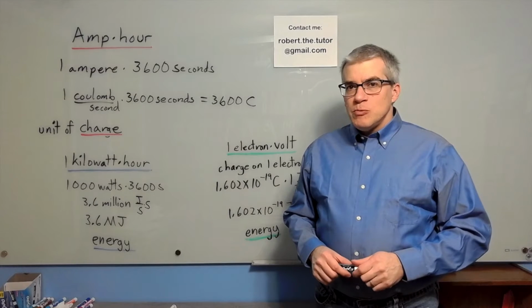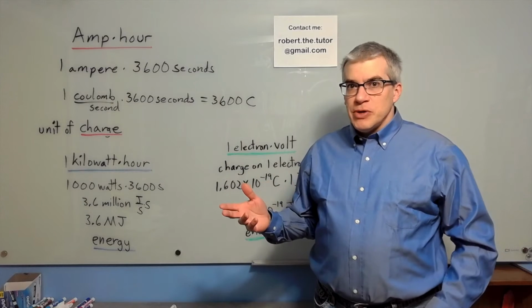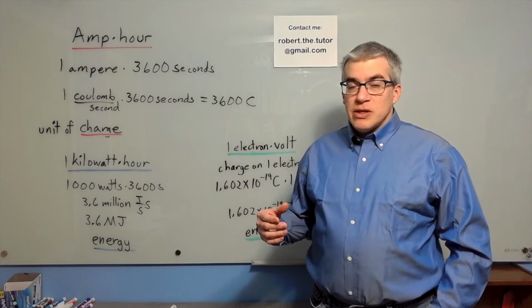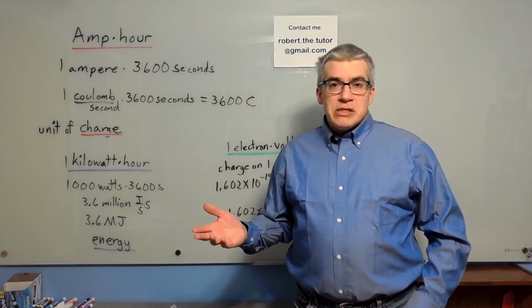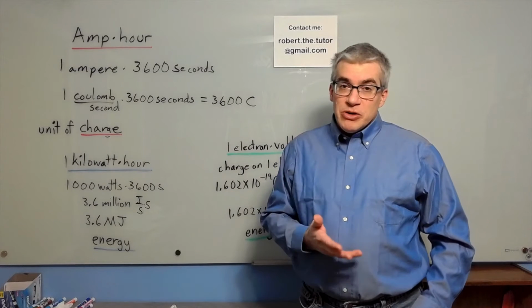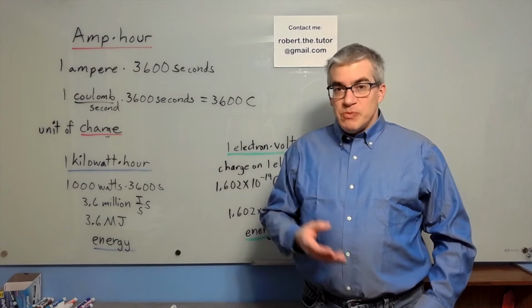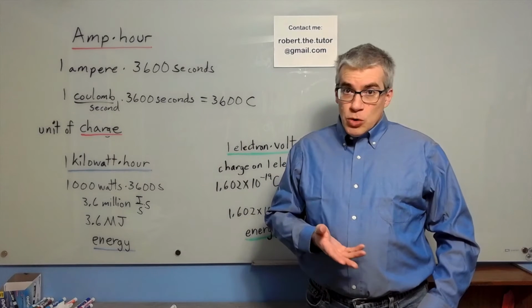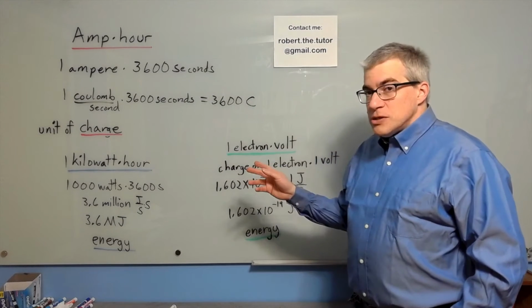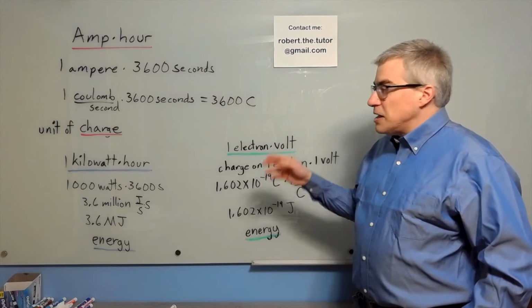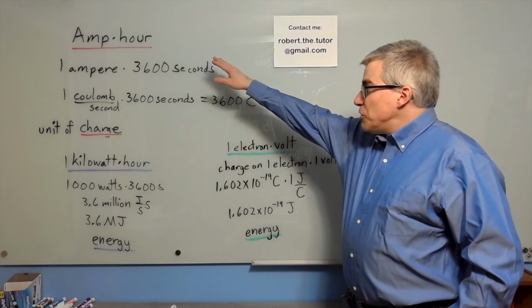In physics, we sometimes see these combination units that are a product of units. Now, the simplest ones would be things like area, which would be meters times meters. And if you're familiar with work, you can think of that as Newton times meter, but we gave that a name, joule. Here are a few new ones that you will encounter when you study electricity: the ampere hour,